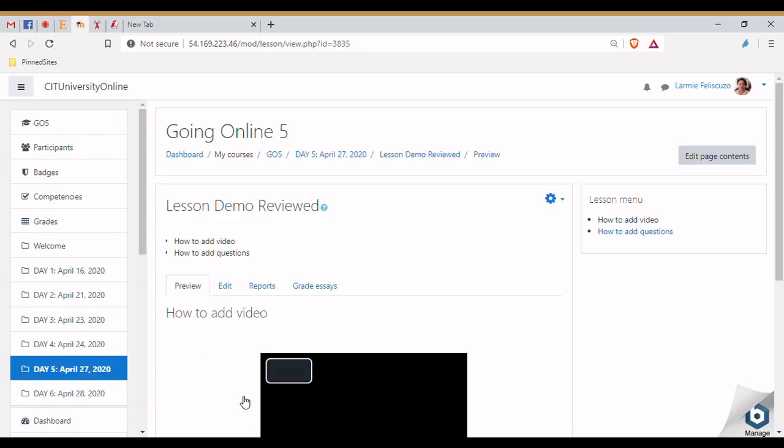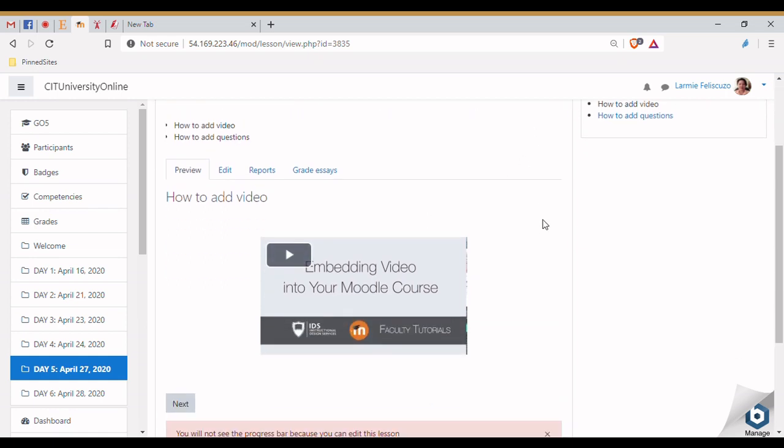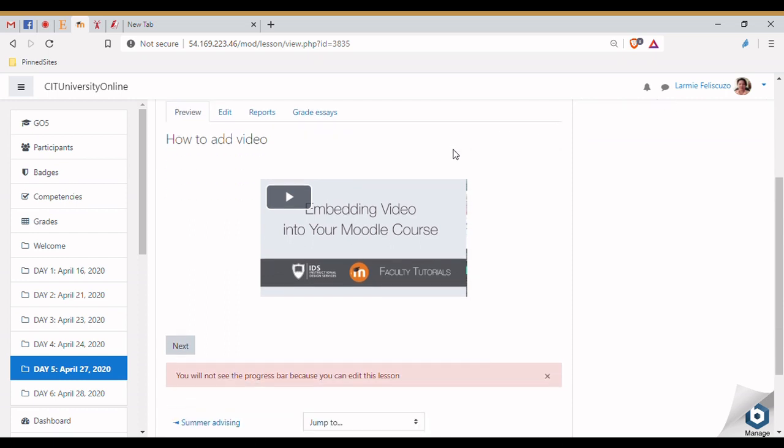and arrange all your activities into one lesson. And you can put questions in between those materials or resources. So